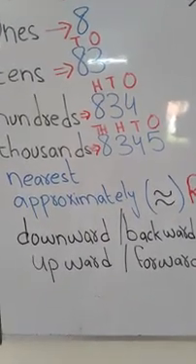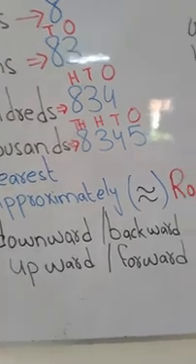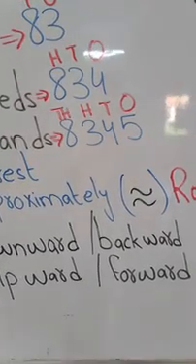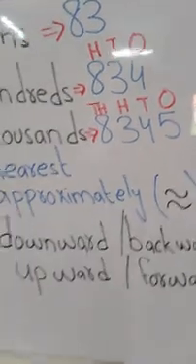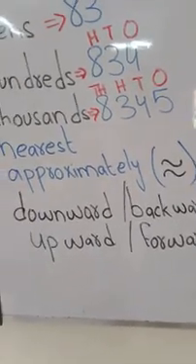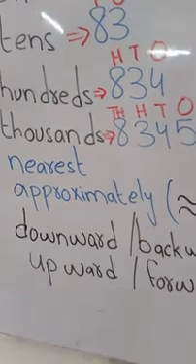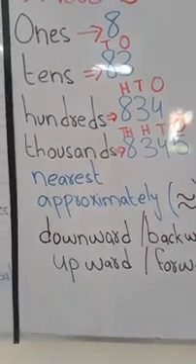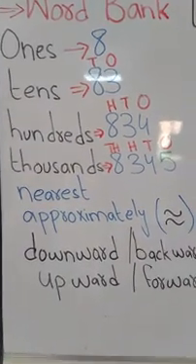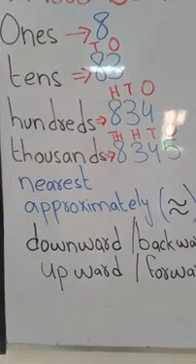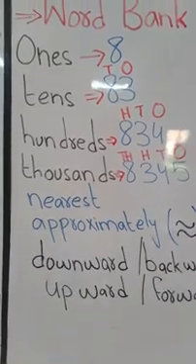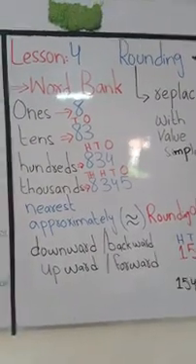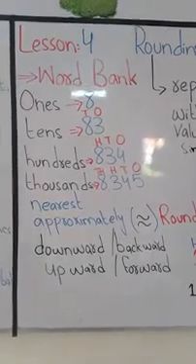Okay, this symbol means rounding off or approximately. When this symbol comes in between two numbers, it is understood that here we round off these numbers. Okay, and we use downward, backward words, upward, forward words for rounding off. As you all know, in the last lecture we counted back when we were rounding numbers to the nearest 10. So this is the vocabulary, this is the word bank which I have provided earlier in my lecture.